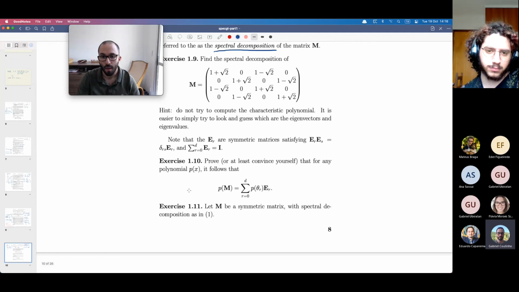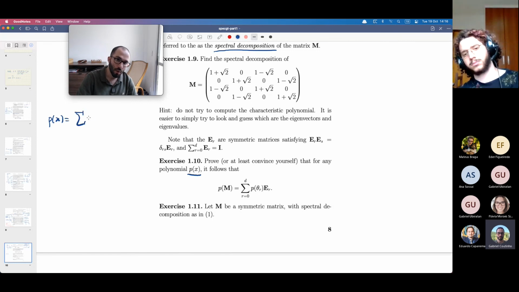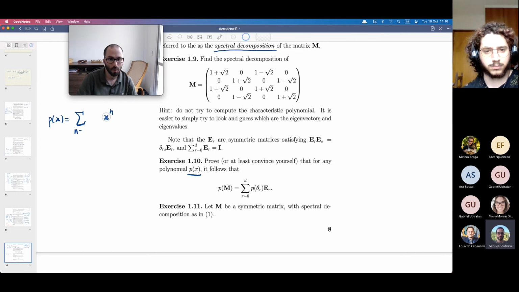Now, for any polynomial p, let's say p(x) is the polynomial sum of a_k x to the k, with k from 1 to, I don't know, m. Sorry, let's avoid n as a protected symbol in this course. Given a polynomial like that, p applied to a matrix M is the matrix given by the sum for k from 1 to m of a_k M raised to the power k.